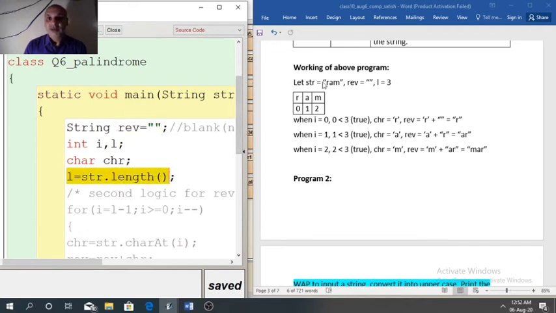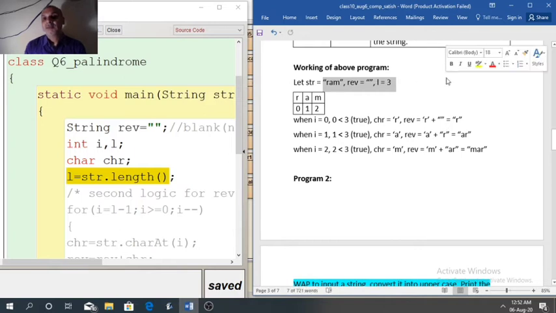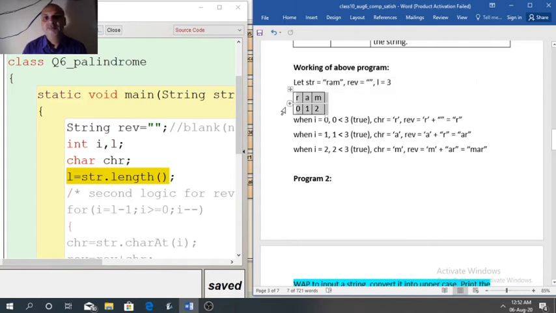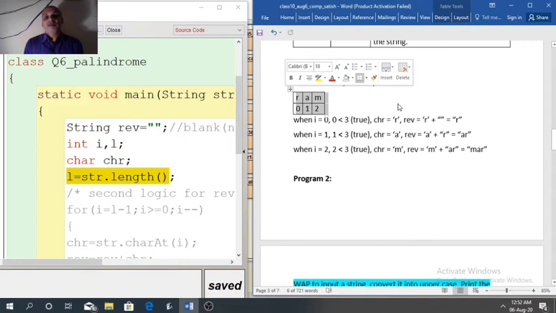So if str is Ram and rev is blank, then the length of Ram is 3. Now see the index of characters present in Ram. The first character is at index 0. So R is at index 0, A is at index 1, M is at index 2.